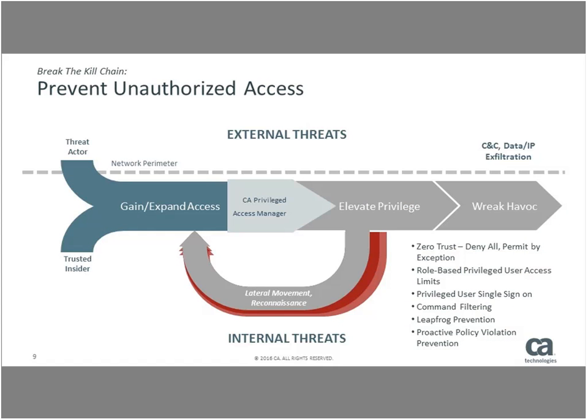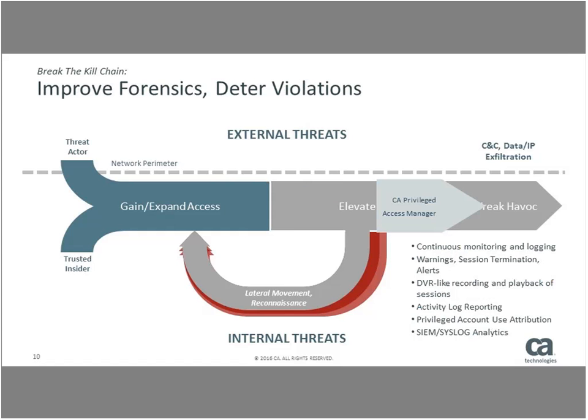Other countermeasures that we provide include the zero trust model. That is, you get denied access to everything except what you're explicitly permitted for based on your role, automatically logging you into the endpoints, perhaps using single sign-on, just an automated login to the system that we're controlling access to. There is built-in agentless command filtering, and leapfrog prevention to keep you confined to a particular server that you've been authorized for. The detection of violations to the leapfrog and command filtering policies is all done inline and allows you to take automated response when you detect these conditions, somebody trying to run these breaches.